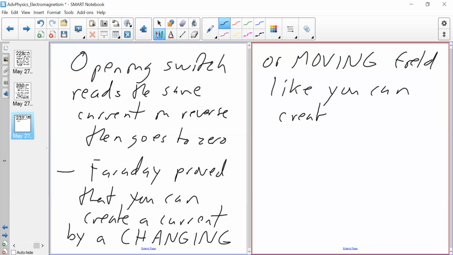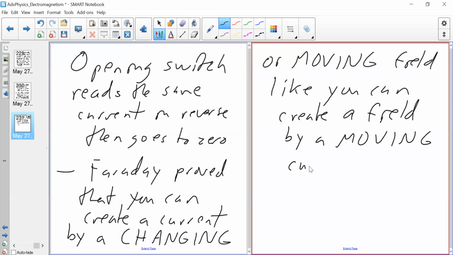So you can create a magnetic field by, or you can create current by changing or moving field, like you can create a field by a moving current. So why is the field, or why is the current moving? Or why is the field moving in the case of Faraday? Because after you open the switch,